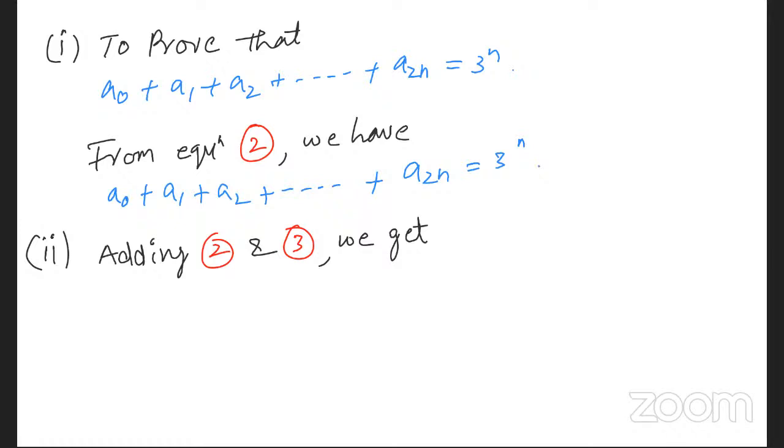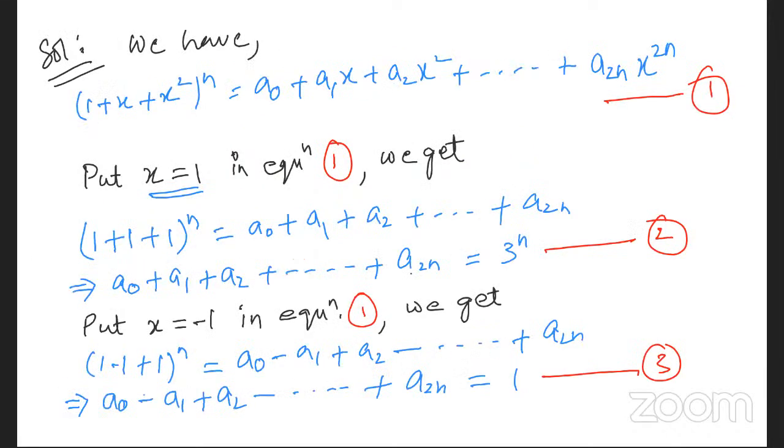Equation 2 is a₀ + a₁ + a₂ + and so on + a₂ₙ = 3ⁿ, and equation 3 is a₀ − a₁ + a₂ − and so on + a₂ₙ. If you add these, a₀ + a₀ gives 2a₀, and a₁ gets cancelled, a₃ terms get cancelled, the alternate terms get cancelled. So this will be twice